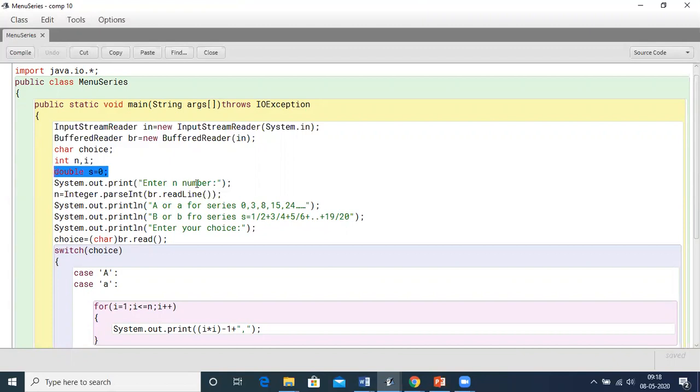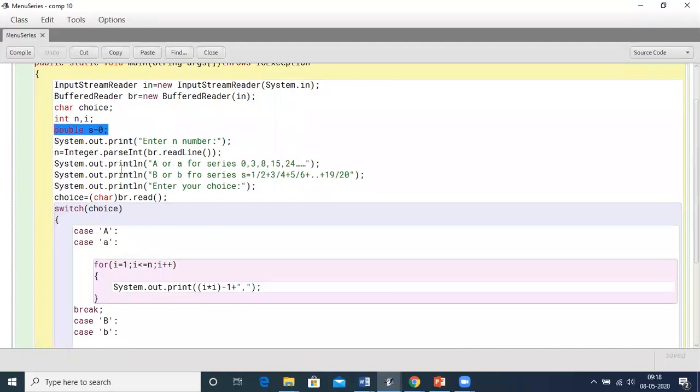Then we are prompting the user to enter a number, any number, because in the first series it has to go till the nth term. So we prompt the user, then the value that we have accepted, n, we can show it like you were writing over there, you were creating an object. Now whichever is convenient for you, the scanner class or the input stream reader, you can use any of the methods to accept value from the user. I have done the program in both the methods so that whichever is convenient, you can opt for that.